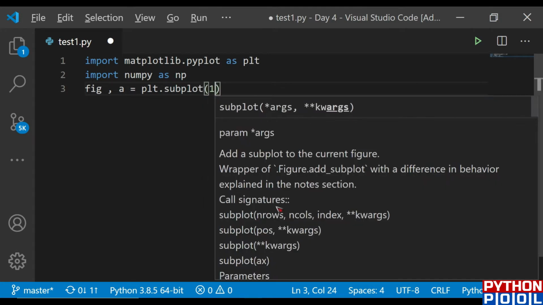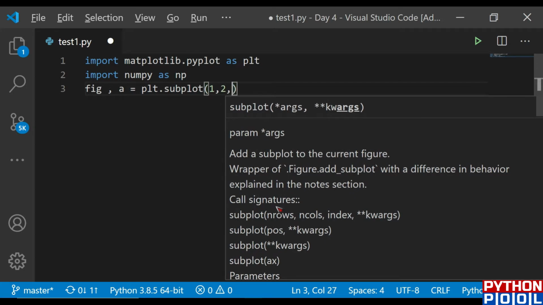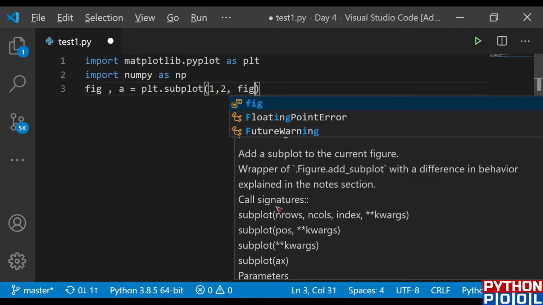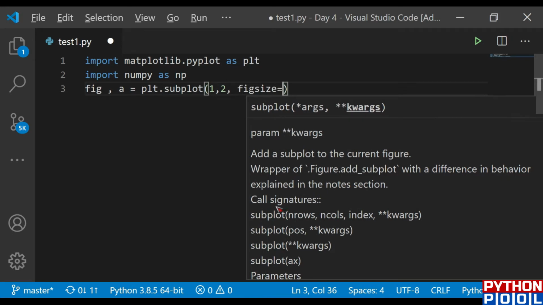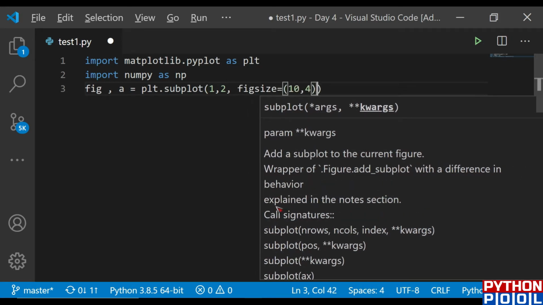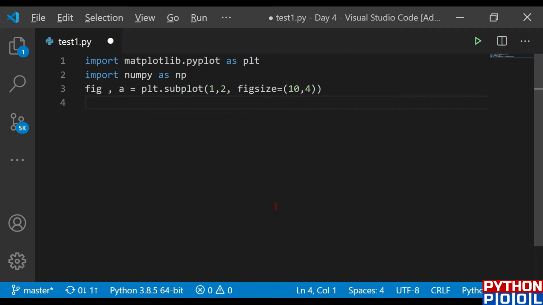Let me give the x limit as 1, y limit as 2, and let me give the figure size as 10 and 4. That's my calculated value. You could try with your own and play with that.